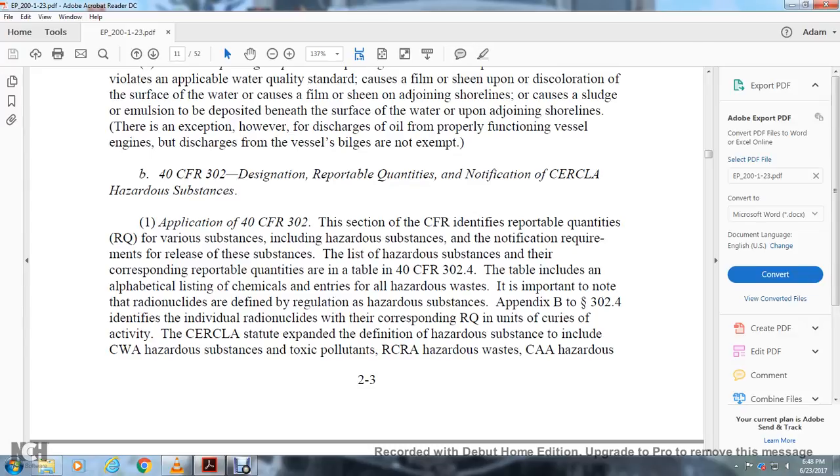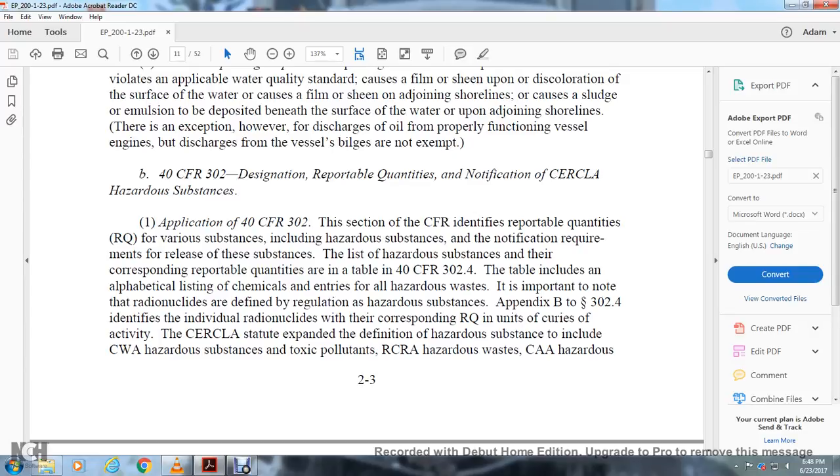The table includes an alphabetical listing of chemicals, with entries for all hazardous wastes, and a report for radionuclides as defined in the regulation. Hazardous substance Appendix B to 302.4 identifies the individual radionuclides with the corresponding reportable quantity in units of curies. The activities of the Comprehensive Environmental Response, Compensation and Liability Act statute expanded the definition of reportable hazardous substances to include the Clean Water Act hazardous substances and toxic pollutants,